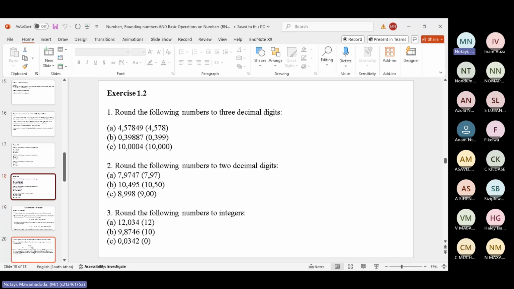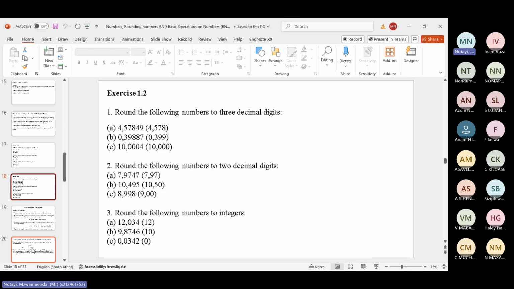Well done, guys. Okay, there's a confirmation of the answers. So 4.57849 becomes 4.578, and then 0.39887 becomes 0.399, and 10,004 becomes 10,000. Okay, to two decimal places,